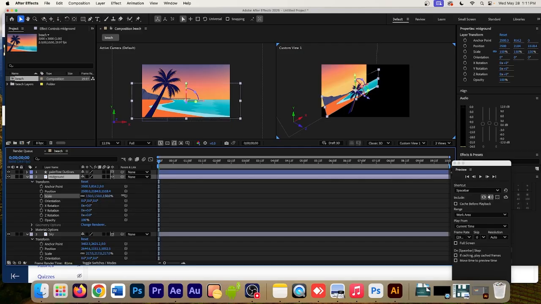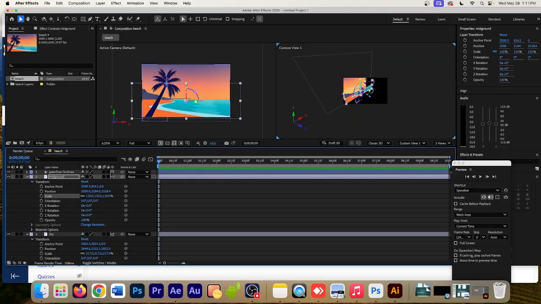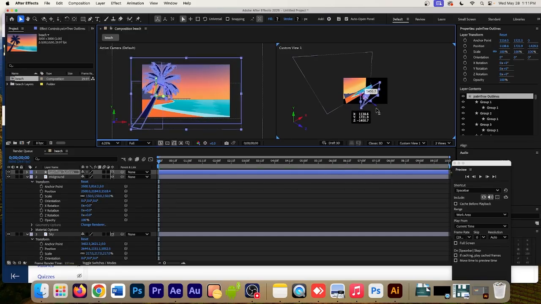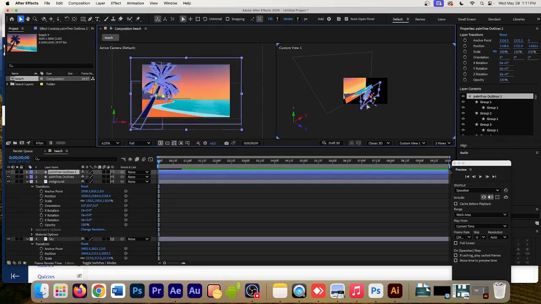All right. So right now what we see is that we're almost looking over a diorama or a stage, essentially. And I'm actually going to take that palm tree, and I'm just going to duplicate it as